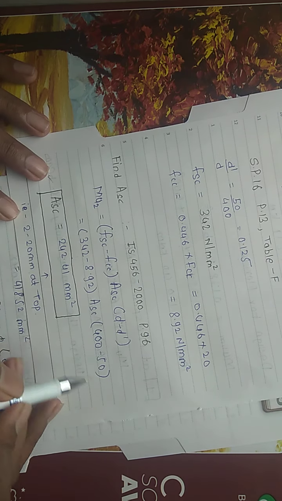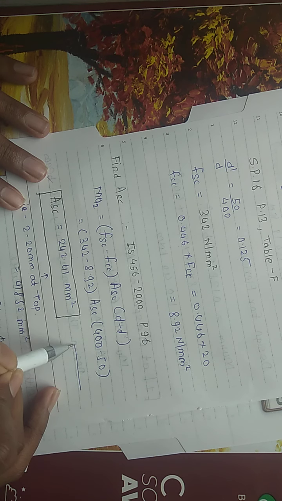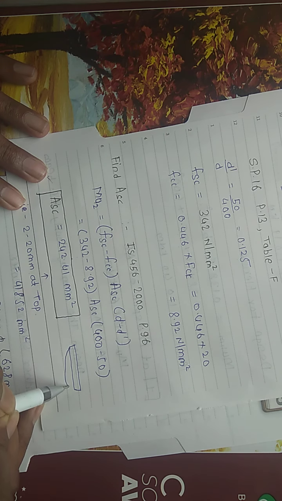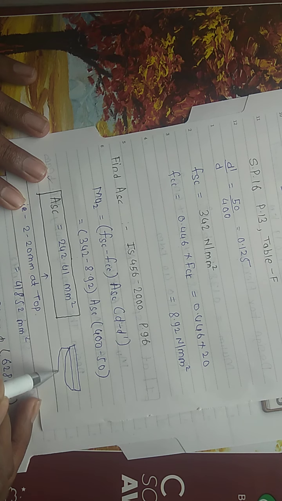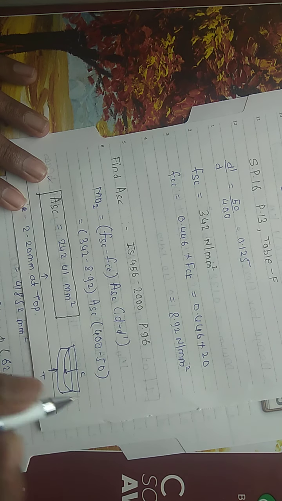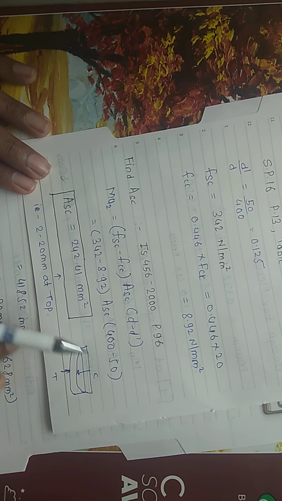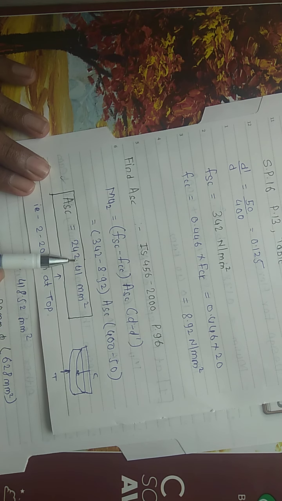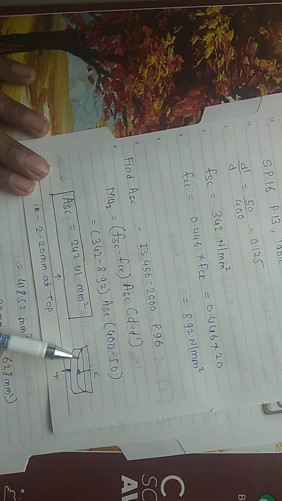Okay, we know that when the beam bends like that, here is the tension and here is the compression. So this steel will be provided at the compression face, meaning the top face. So we convert this into bars. 2 bars of 20 mm will be provided at the top.